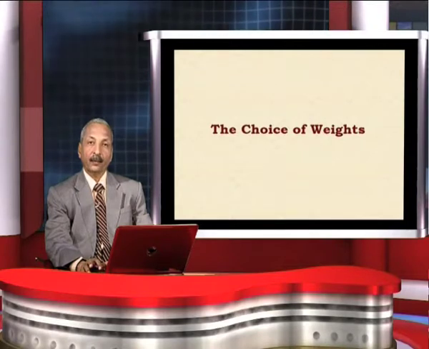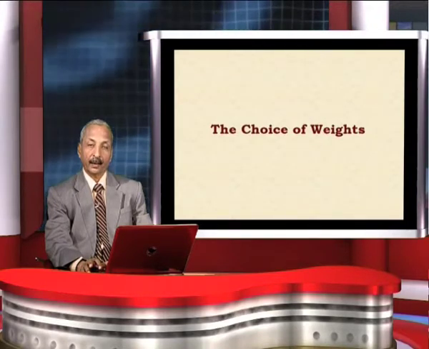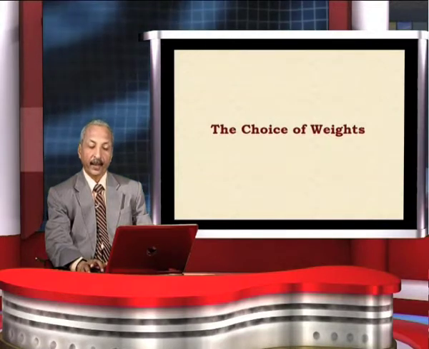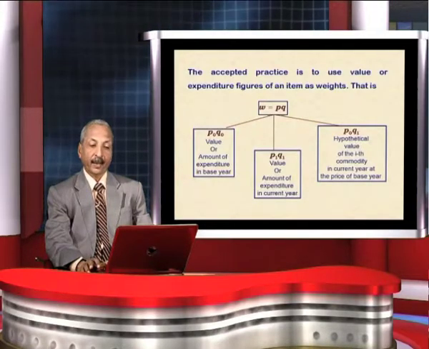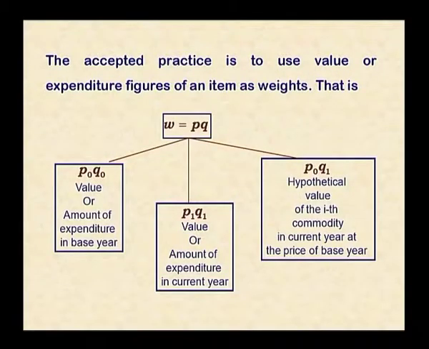Now, let us see how we select the weights, that is, what should be the choice of weights. The accepted practice is to use value or expenditure figures of an item as weights, that is, W equals P times Q, that is, price is multiplied by Q. When we take the prices and quantity of the base year, then this weight is equal to P0 times Q0 in particular. So, for the ith item it will be P0i times Q0i,